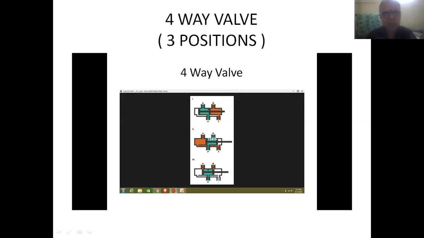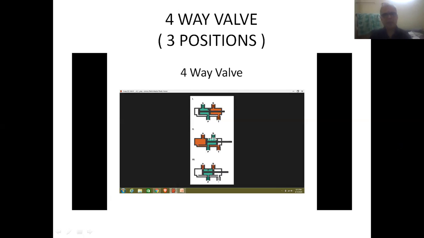And similarly, the second figure is used for indicating the second position of the DC valve. So in this position, the inlet is in contact with the second outlet, and the first outlet is in contact with the exhaust port of the DC valve.